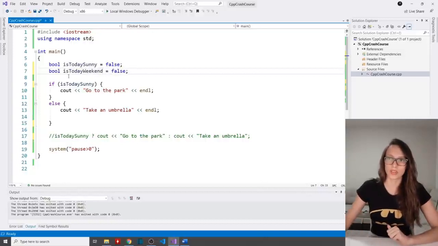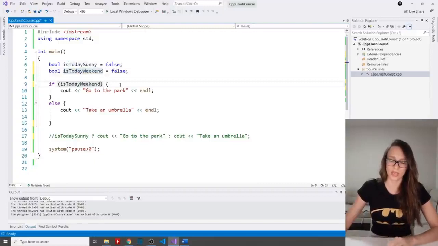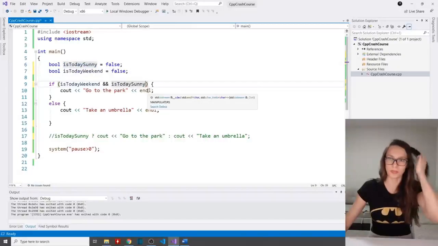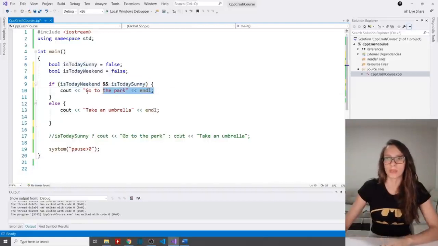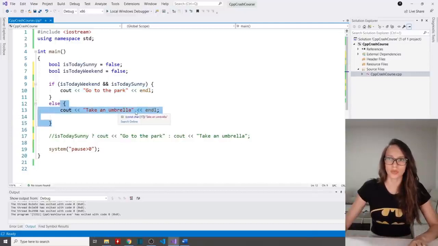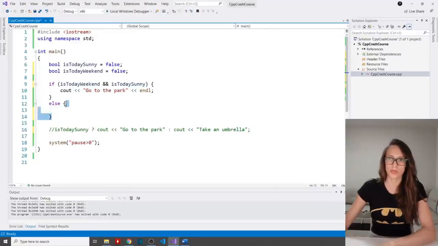Now what I want to do is check if is today weekend and at the same time is sunny, like this. And in a situation that today is weekend and it is sunny, I want to write out the message, go to the park. Else, I'm going to remove this.